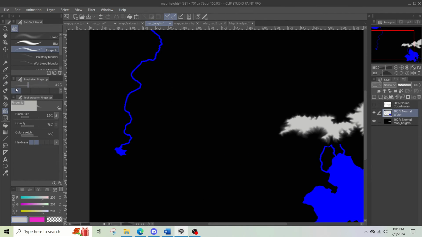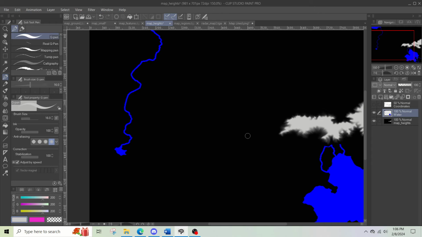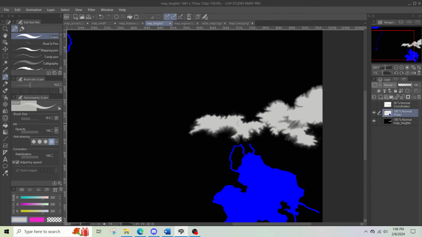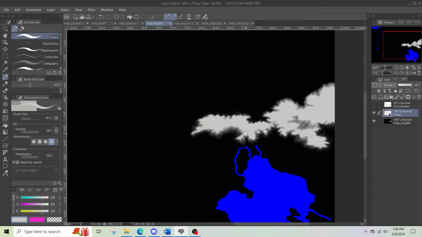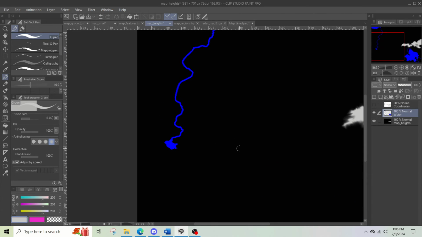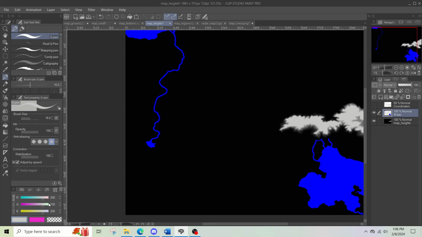When I want to create mountains, first of all, this is much brighter than it should be. It's going to get darker because they're not going to be that tall when I get done. However, when you want to make mountains, what I do, this again being Clipstudio Paint, not GIMP, is I click on the strong anti-aliasing option over here, and I make, let's see, yes, it's already the right